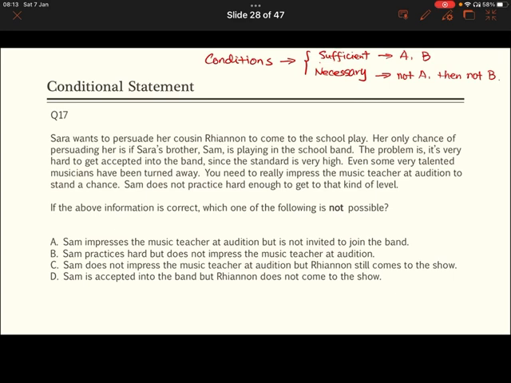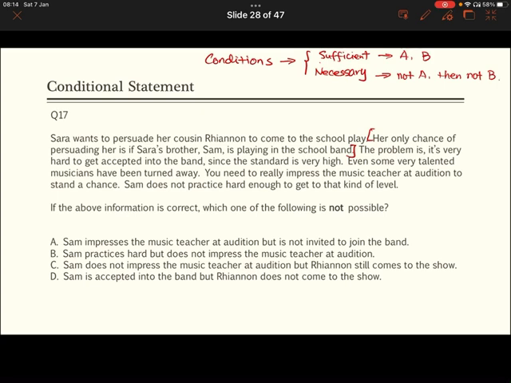For example, look at the first sentence: "Her only chance of persuading her is if Sarah's brother Sam is to play in the school band." In my classes, I give a lot of different formats to teach students how to tell. We can find out that this is a necessary condition, which means from this sentence we know that